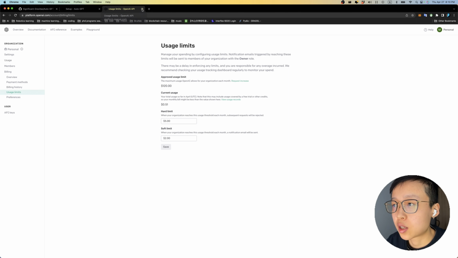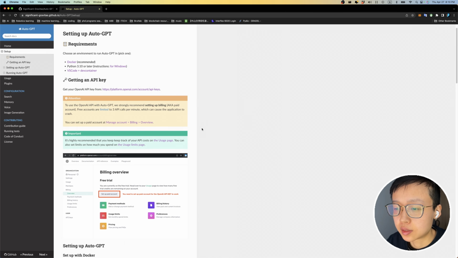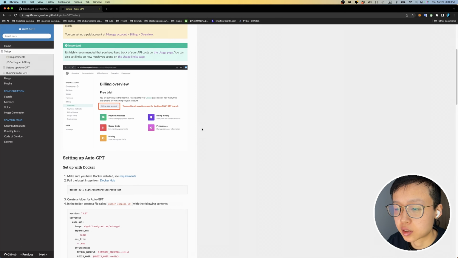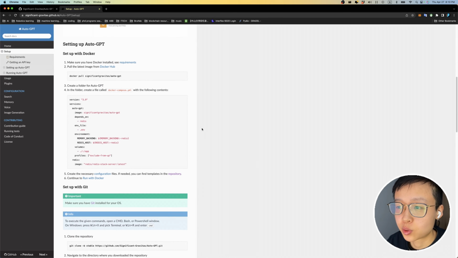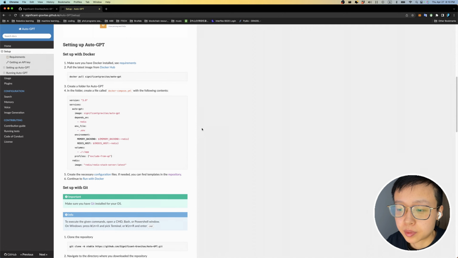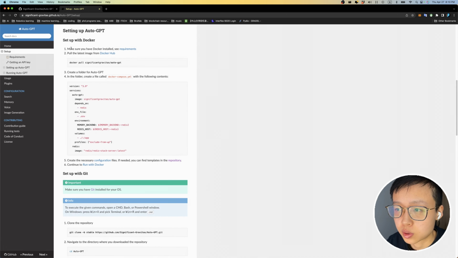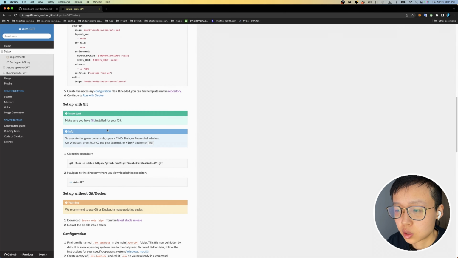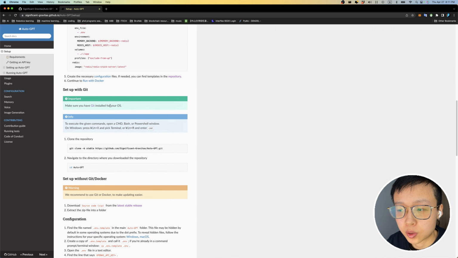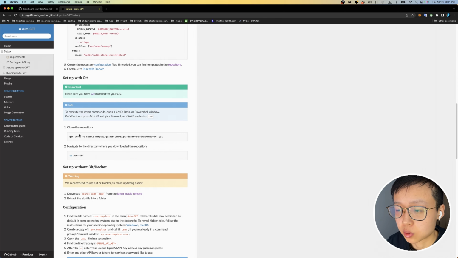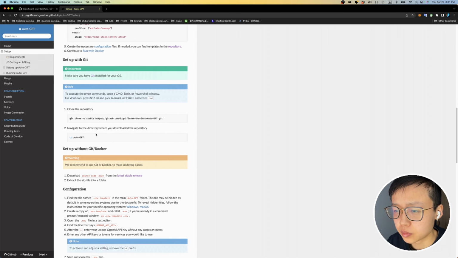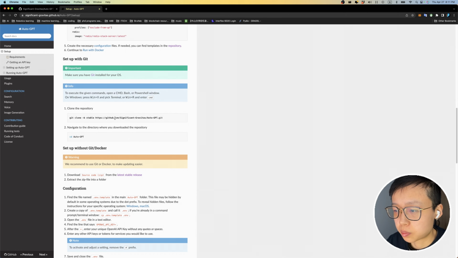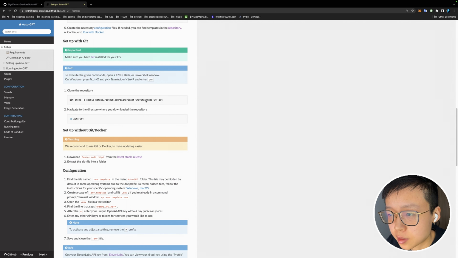Okay, so now we can close this and look at the next part, which is setting up AutoGPT. We're not going to set up with Docker. We're just going to set up with Git. So make sure you have Git installed for your OS. If you don't, click this and install Git, because we will be using it to clone the repository. Here we can begin to install the project. I'm just going to copy this command. Once you have this command copied,